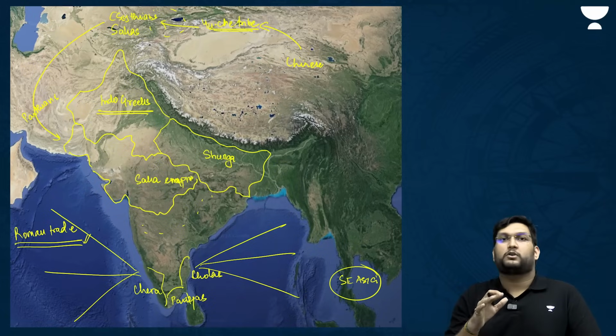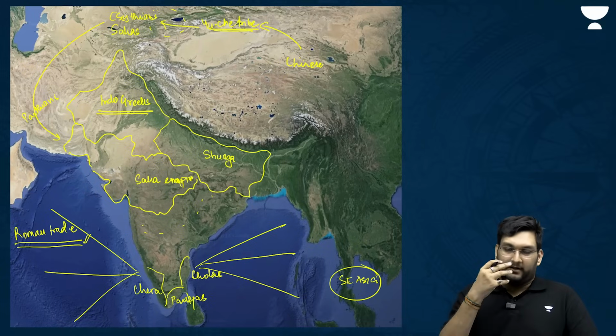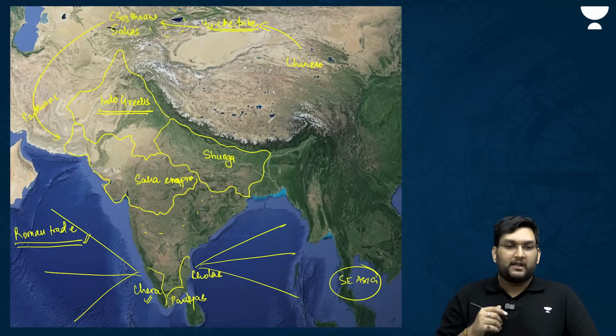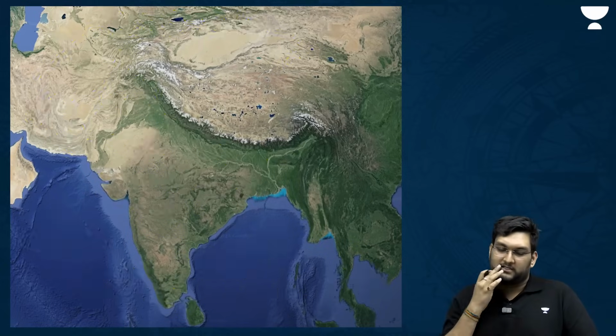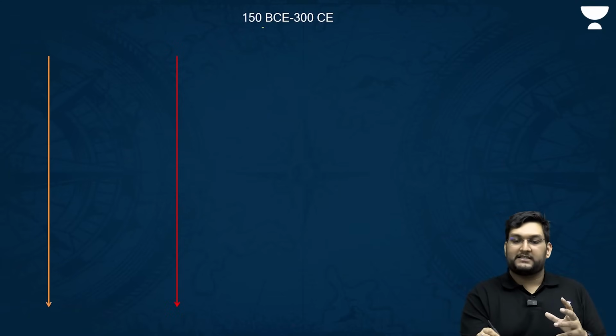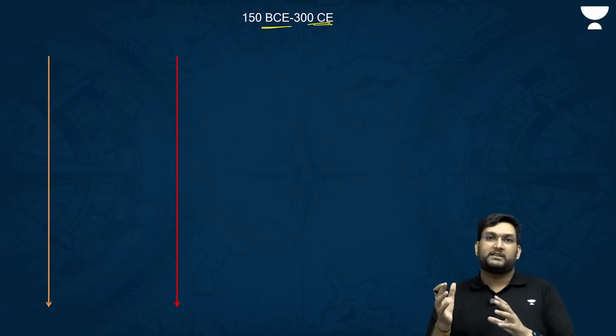And we know quite a lot of the Augustus Caesar temple in the Chera Empire itself, a whole regiment in the Cheras itself, the Pandyas known as the kingdoms of Pearl. So, we know that Roman trade, Southeast Asian trade. Now, 150 BC to 300 CE,